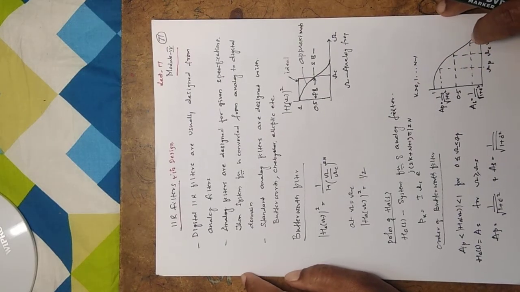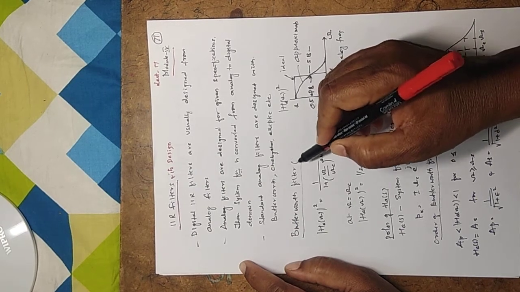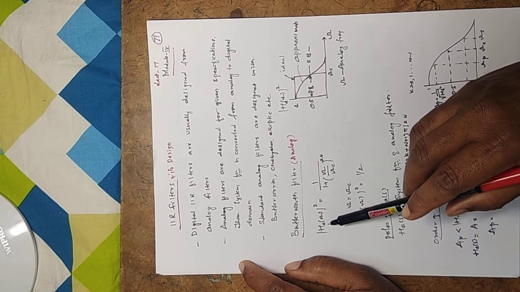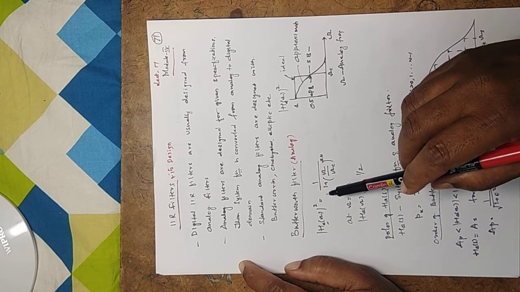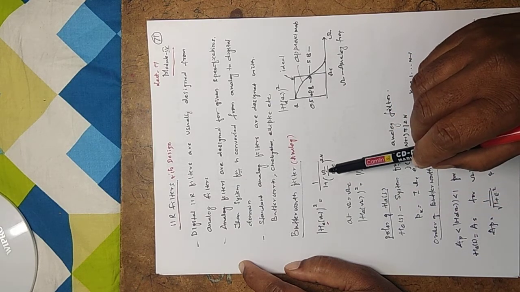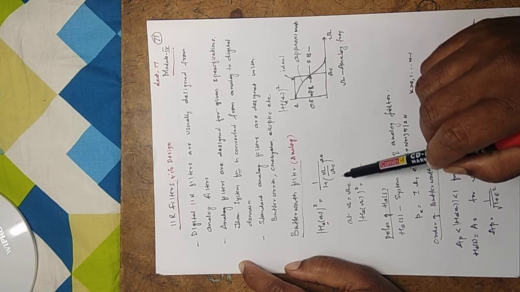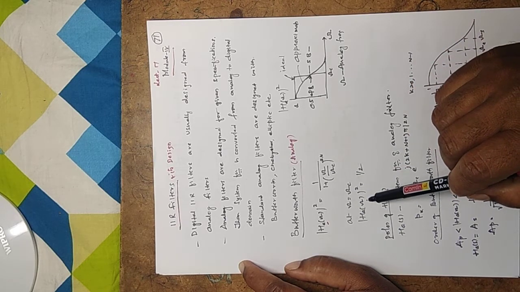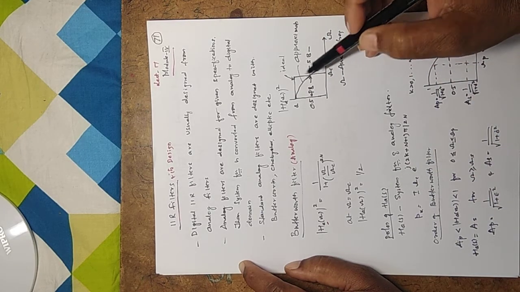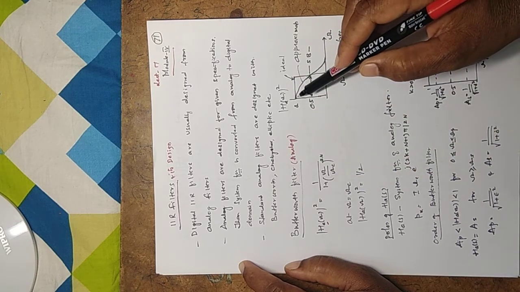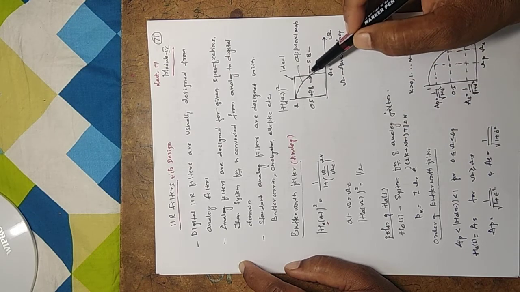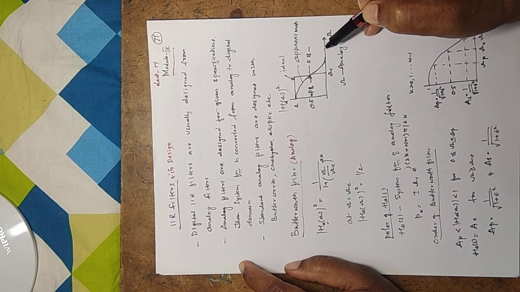So first, the Butterworth analog filter. Its magnitude square, A stands for analog, is given by 1 divided by 1 plus omega by omega c raised to the power 2n, where omega is the variable and omega c is the cutoff. At omega equal to omega c, the magnitude square value is half. This is the ideal low pass filter, and the magnitude of this Butterworth passes through 0.5 at omega equal to omega c. This is the pass band, this is the stop band, and it continues.